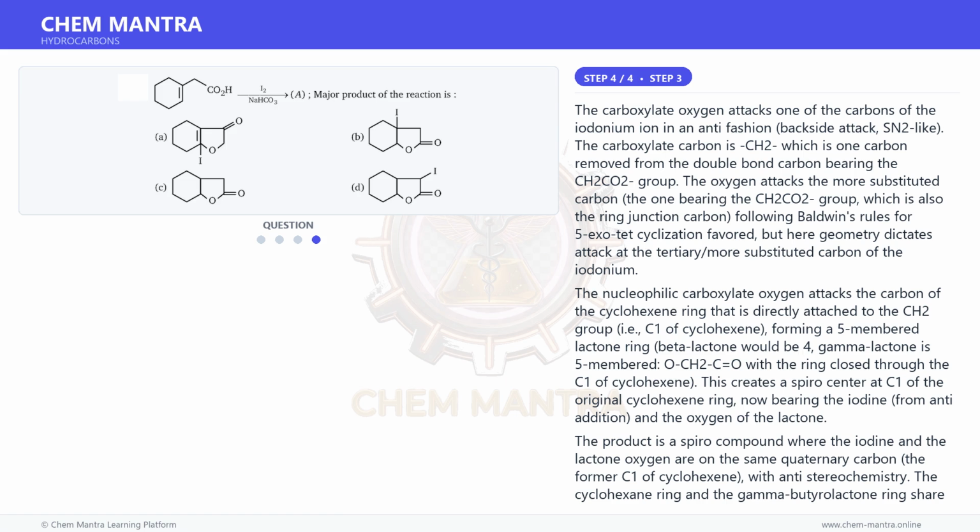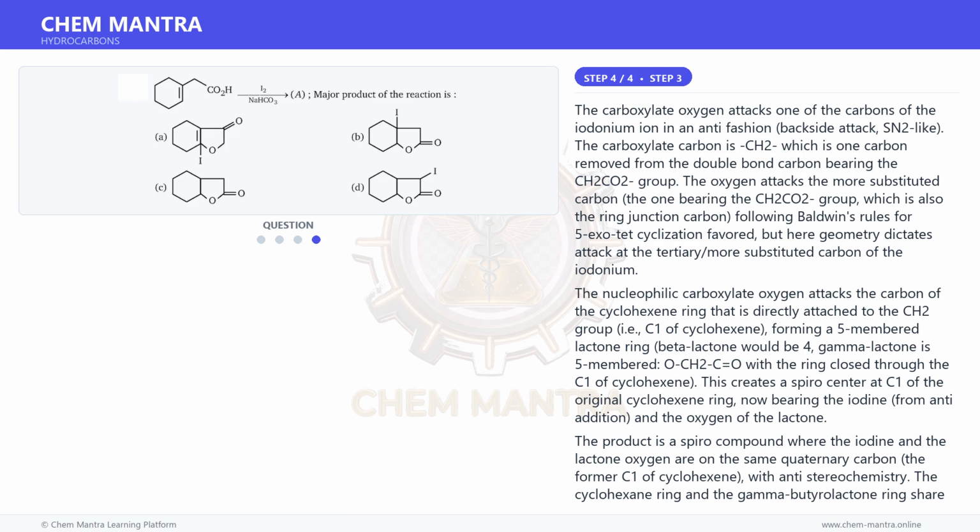backside attack, SN2-like. The carboxylate carbon is CH2, which is one carbon removed from the double bond carbon bearing the CH2CO2 group. The oxygen attacks the more substituted carbon, the one bearing the CH2CO2 group, which is also the ring junction carbon, following Baldwin's rules for 5-exo-tet cyclization favored, but here geometry dictates attack at the tertiary more substituted carbon